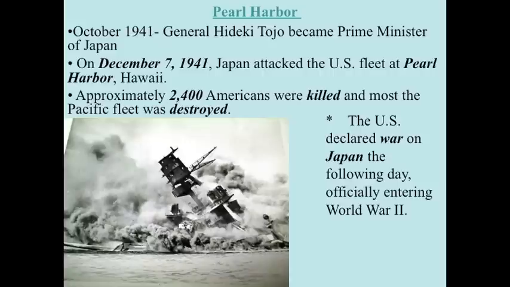As Japan focused on gaining territory, the U.S. was looking for ways to maintain peace with the Asian nation. American officials knew that Japan was planning to seize more territory, and in October of 1941, General Hideki Tojo, who supported war with the United States, became Prime Minister of Japan. Japan's leaders had decided their goals in Asia could not be achieved as long as the American fleet remained in Hawaii. That threat had to be destroyed.